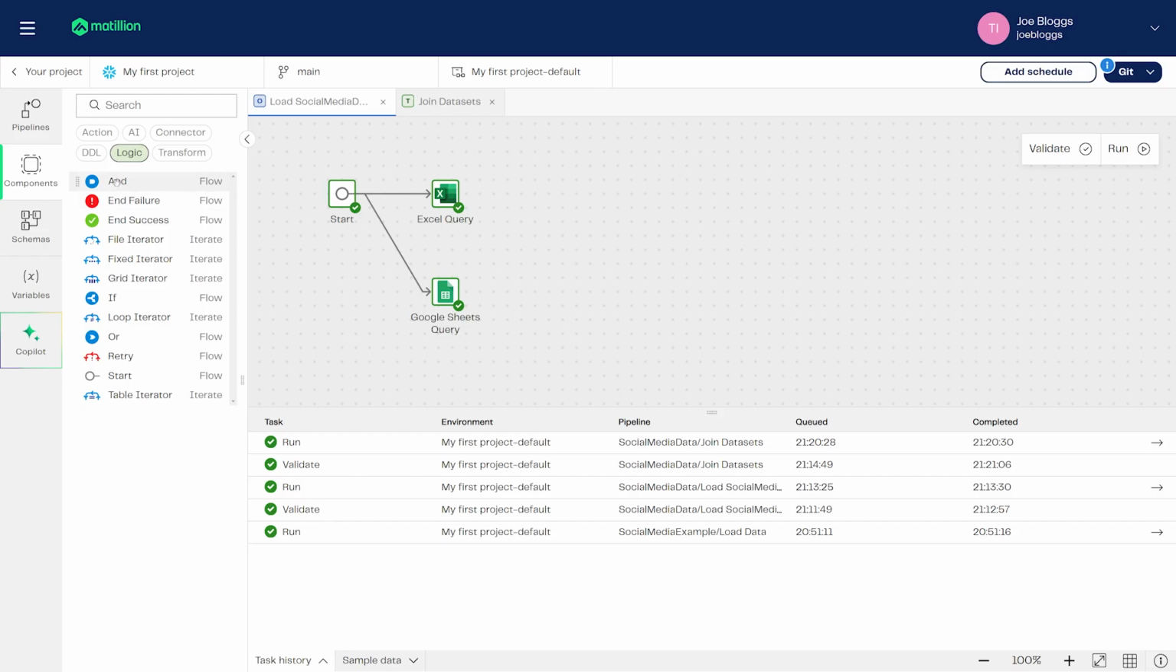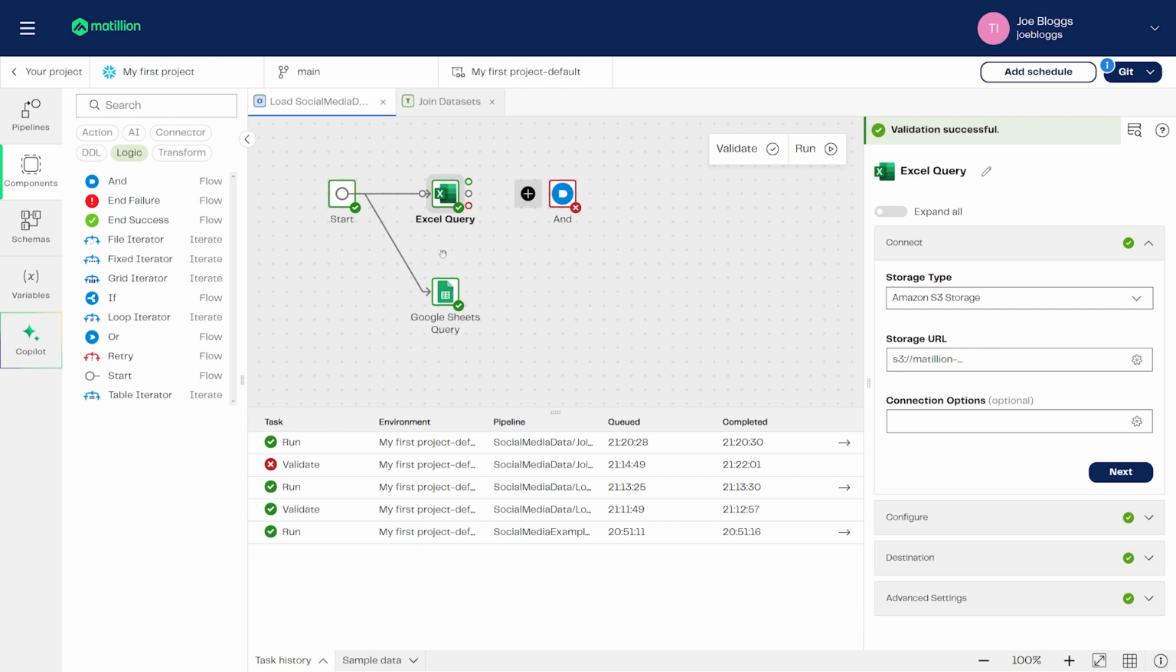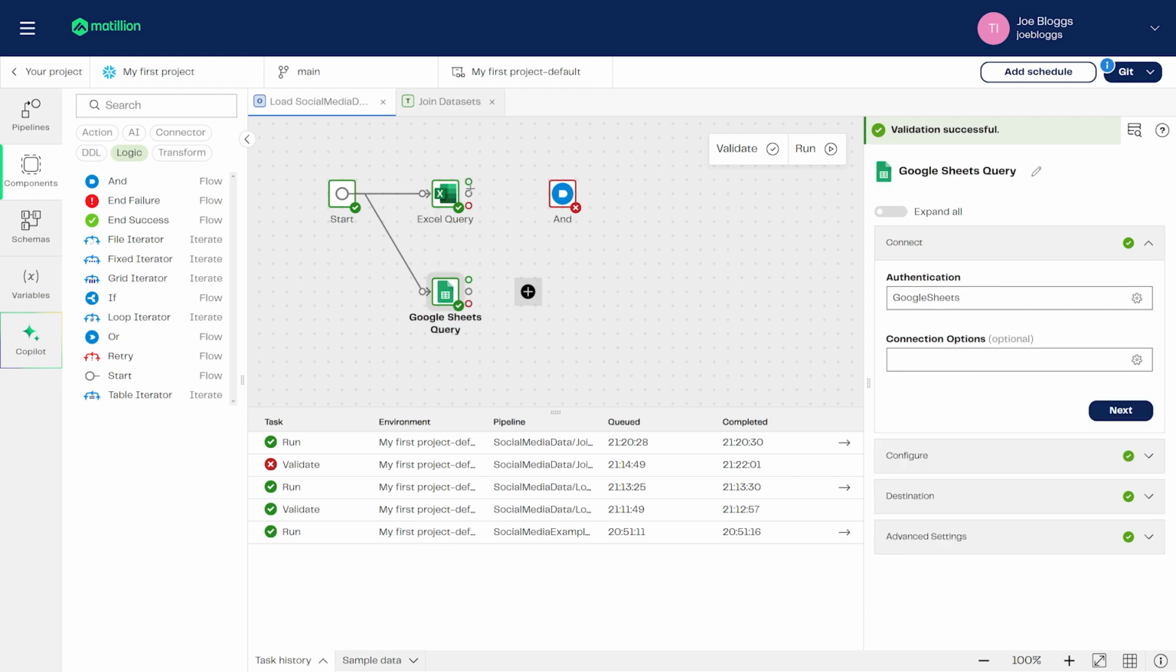after loading the data. Let's pick an AND component and drag it out onto the canvas. This makes sense as we only want to transform our data once the Excel query and the Google Sheets query have finished successfully. If we hover over the component, we can see that there are 3 output nodes. One for failure, which is red, one that will trigger regardless, which is grey, and one for success, which is green. We want our transformation only after the success of these components, so we're going to drag the green node,